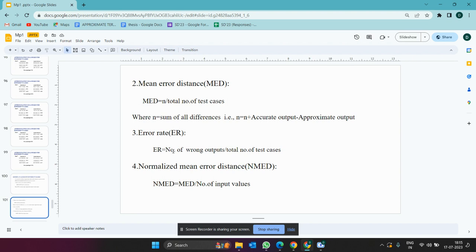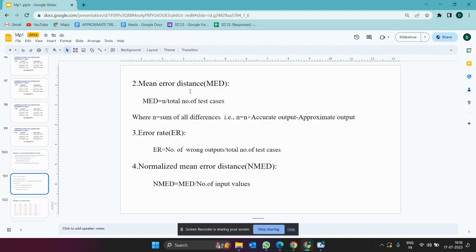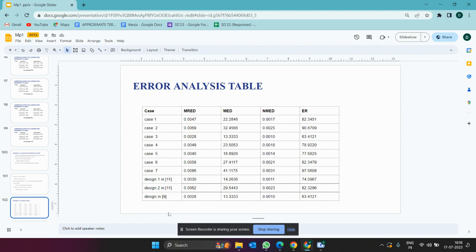and error rate. Error rate is the number of wrong outputs by the total number of test cases. It is the same as the probability of getting wrong outputs. And normalized mean error distance is the mean error distance divided by the number of total input values. By considering all these parameters, we have done the error analysis in this table. For case 1, these are the values we have got in all the parameters. This is the total table of error analysis,